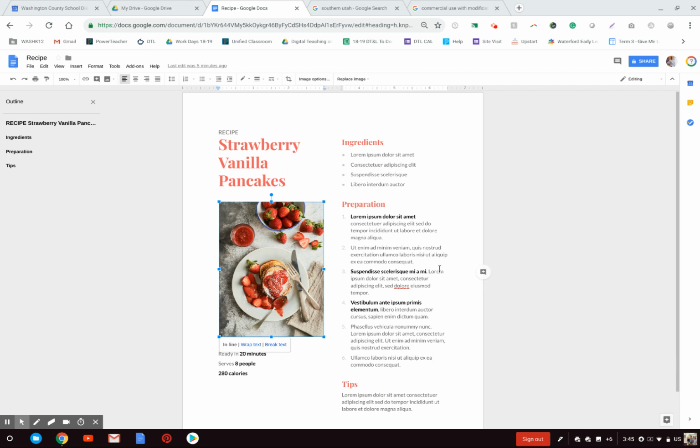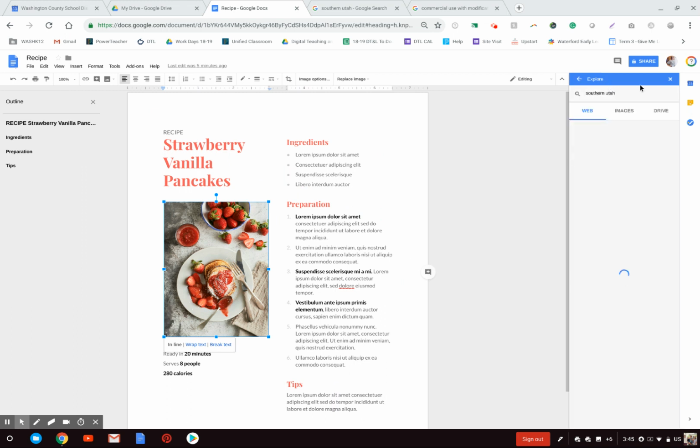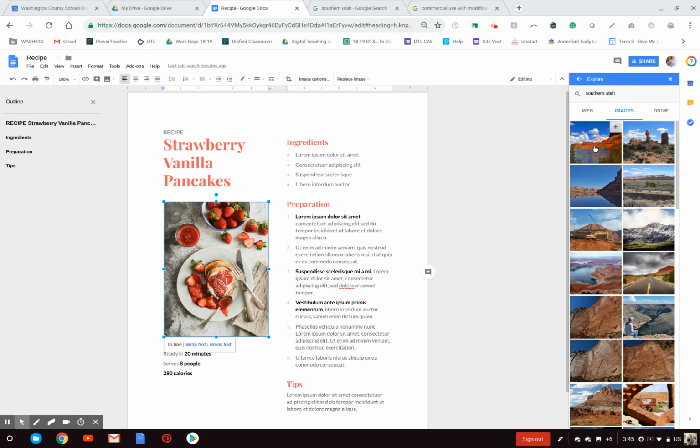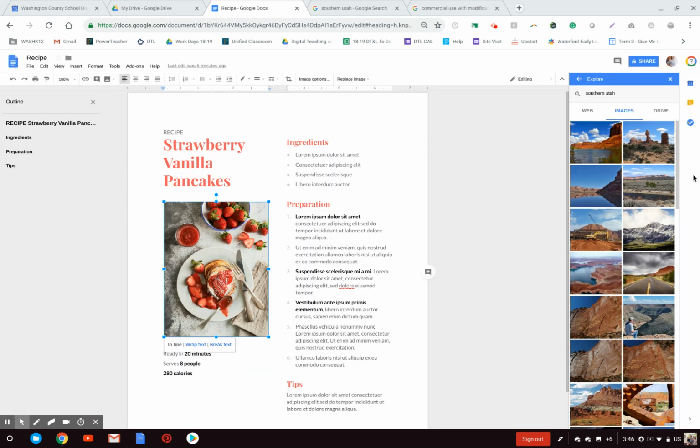So to show them how to make sure that they're doing it right is if you go to tools and you go to that explore feature again, and let's just search for Southern Utah images. Hit the image tab. I can open up the image before inserting it onto my page. And at the very bottom, right down here, it says image is labeled for commercial use with modification. So that's saying that it's okay. I can use it. That's just one way that you can say, hey, make sure it says that you're okay to use it. And most of them that are in the Explore feature do give that